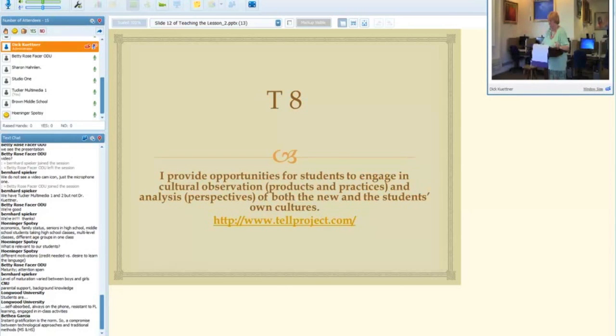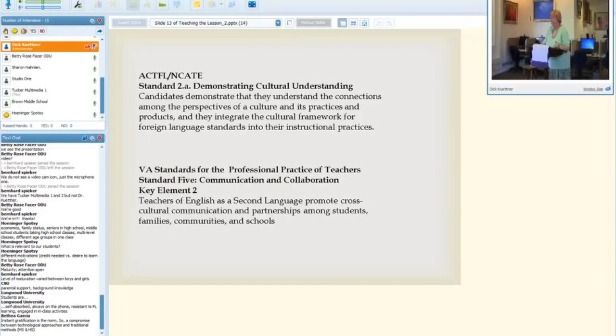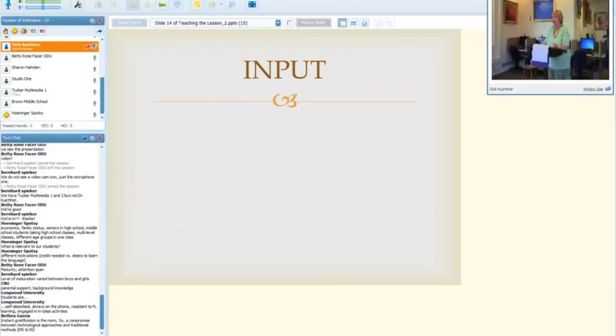Okay, so we come to input as a strategy by itself. And we're going to be talking about input for the rest of the session. So the first thing I would like you to talk about for just a few minutes, two or three, is what is input? And we come up with a definition of input. We're going to turn our sound down here for a couple of minutes while we talk, and you talk, and then I'll take a look at your